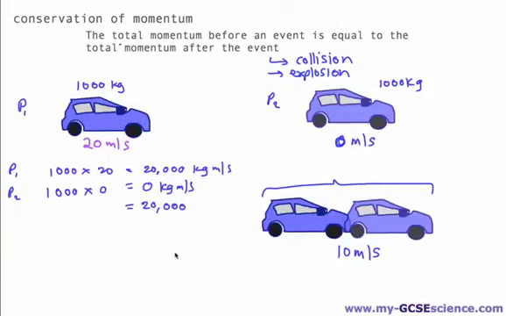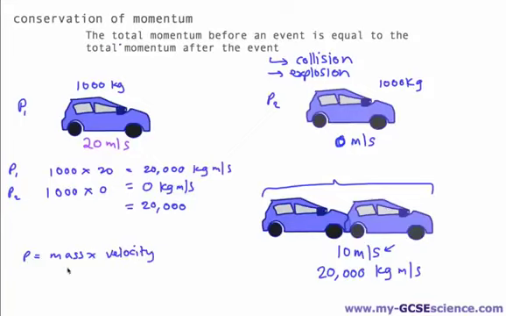What's the momentum after the event? Well, this law says it's got to be the same. So that means the momentum of these two cars together is going to be 20,000 kg m/s. Now, how would we work out the velocity? Well, I know we've got it here, but if we didn't have it here, how would we work it out? Well, again, we could use the formula momentum equals mass times velocity,